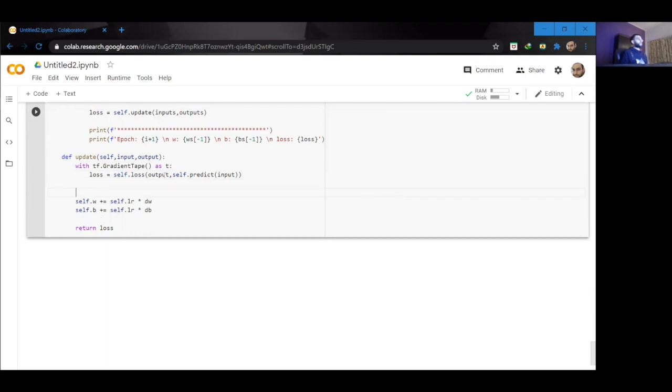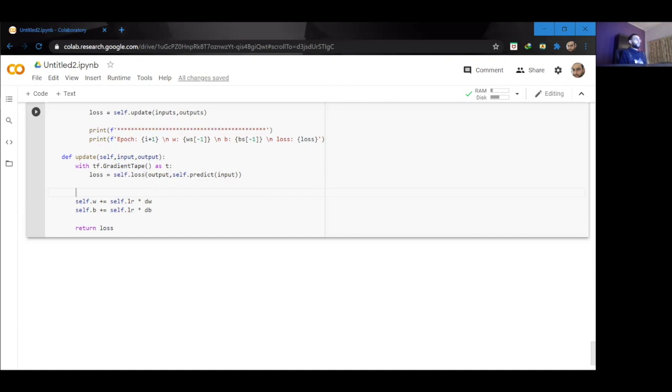And so what gradient tape will do is it will actually calculate the gradient of all these values that I'm passing over here, and then later on return the gradient once I calculate the loss. It will record all the functions that I have performed inside this gradient tape. And then looking at those operations, it will actually calculate the gradient. So it's kind of like calculating the stochastic gradient instead of simple gradient descent.